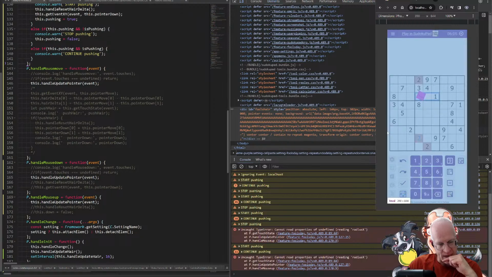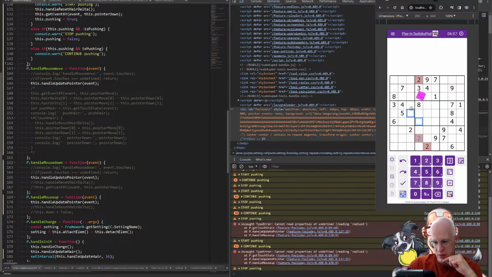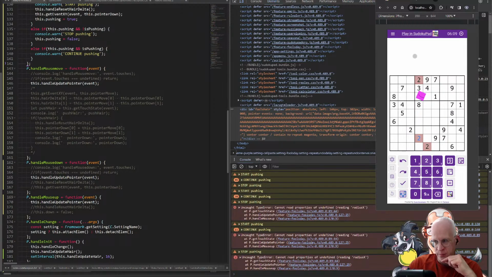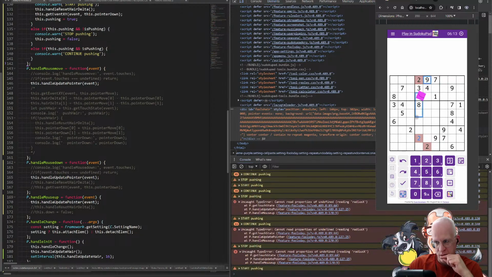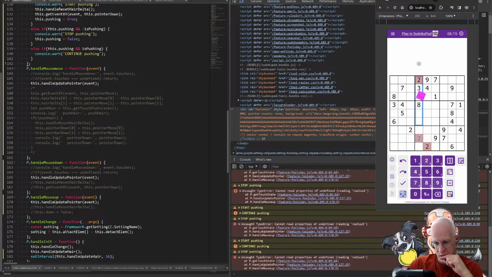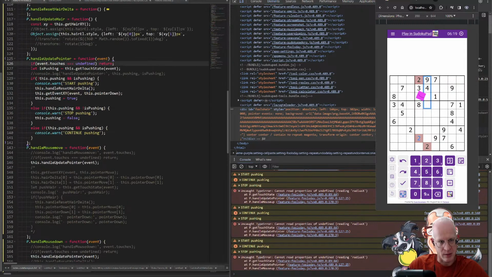Or we have to basically have to emulate a force stop. Force stop